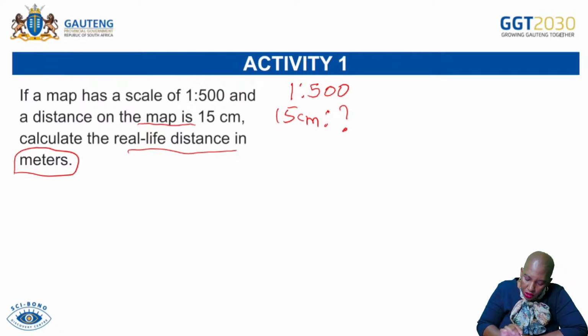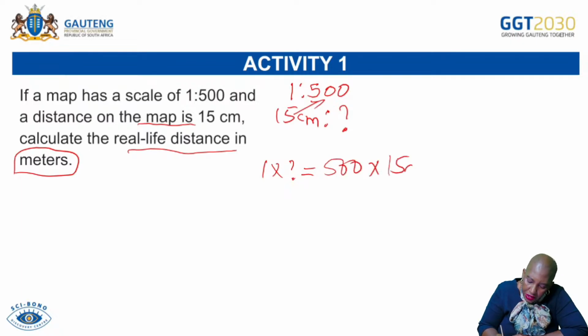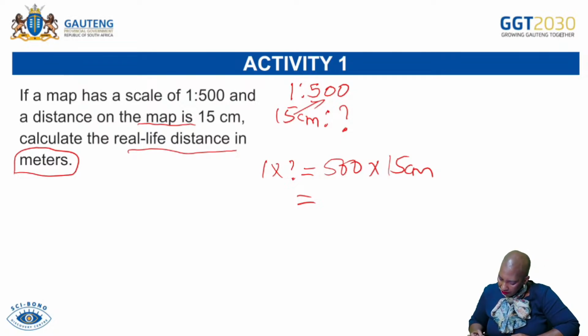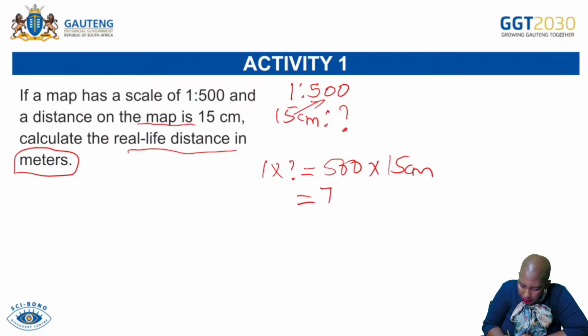So meaning when I do my conversions, then I do cross multiplication. And it will be 1 multiplied by unknown is equals to 500 multiplied by 15 centimeters. Let me quickly see. 500 multiplied by 15 centimeters. It will give me